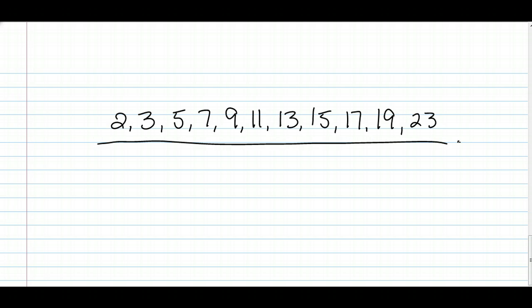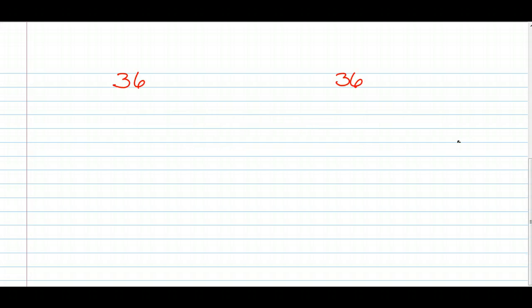All right? Okay, let's do some practice. 36, and we're going to write the prime factorization of that number. Now, I've written it twice because I want to show you it doesn't really matter how you start it because you're going to get the same answer no matter what. So you start off by thinking what two numbers will give me 36, and it doesn't matter how you go about it. You could say, well, 9 times 4 is 36, or you can say 6 times 6 is 36,